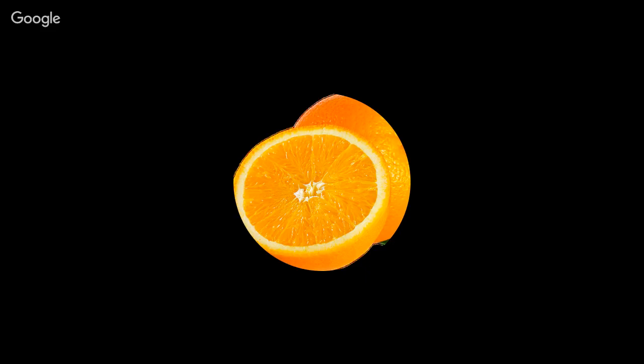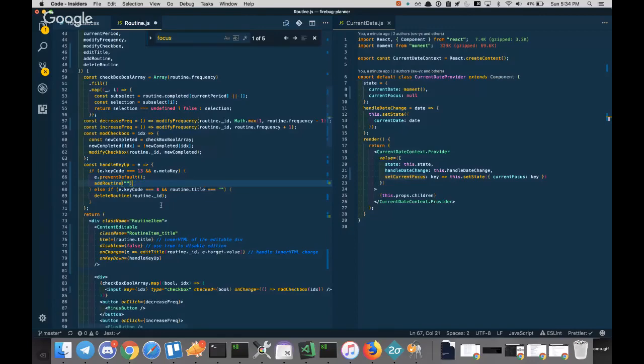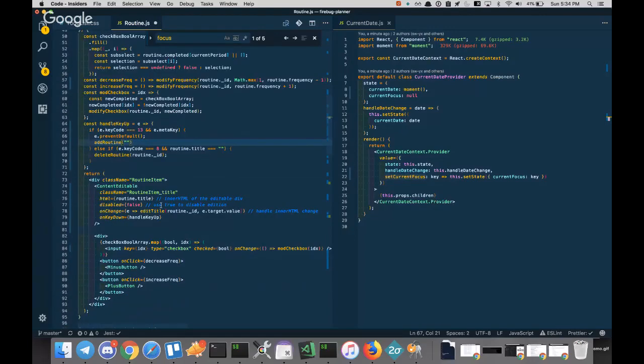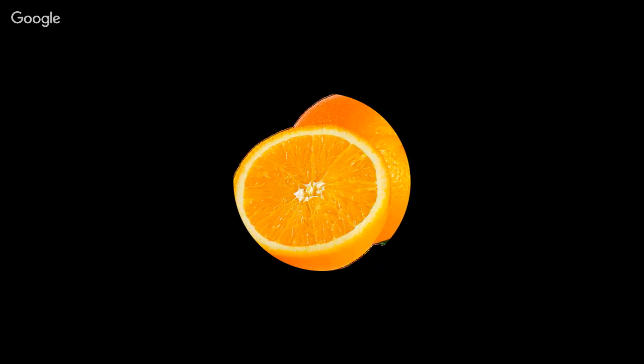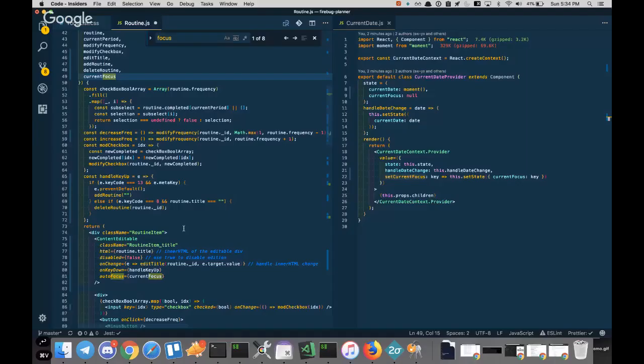Any one of, there we go. So autofocus. Props. So many things. Equals